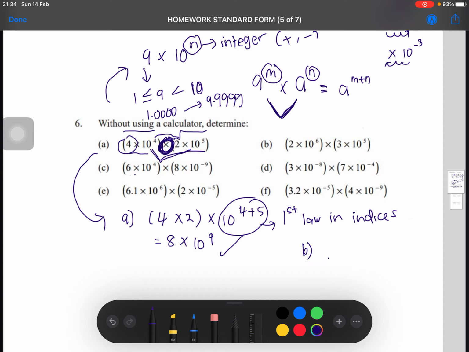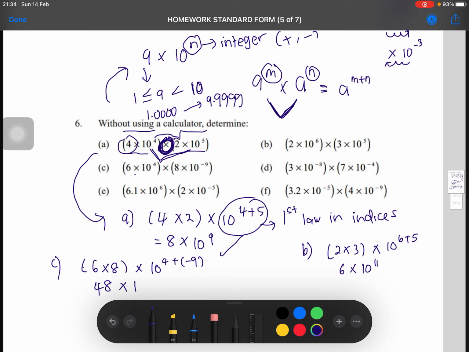Okay, B. Also the same way, we put in bracket 2 times 3 times 10, 6 plus 5. The answer is 6 times 10 to the power of 11. Okay, C. Same way, 6 times 8 times 10, 4 plus negative 9,